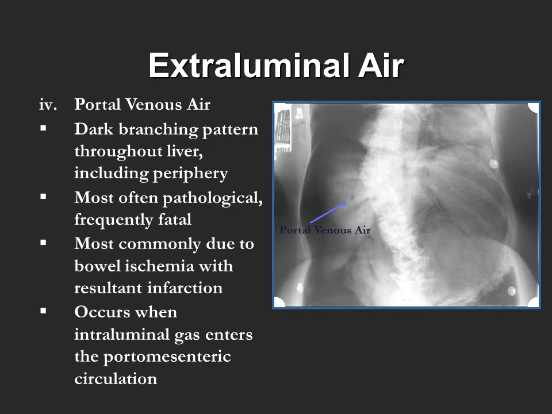Portal venous air occurs when the intraluminal gas found in the intestine or produced by bacteria enters the portal mesenteric circulation. If present, a dark branching pattern is seen throughout the liver, including the periphery. Please note this finding on the radiograph shown on the right. The appearance arises from the accumulation of gas in the distal portal system, which is carried by the flow in